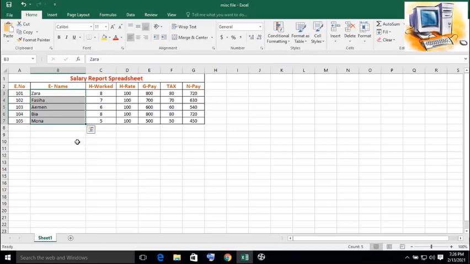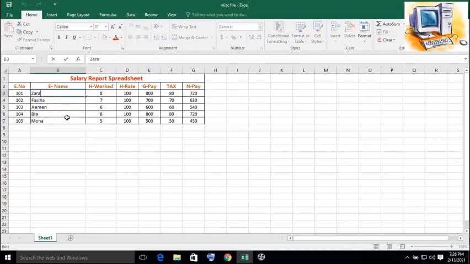The first thing that we studied is the font size. Currently the font size in which this data is entered is 11. Here I can see the font size is 11, so I can increase the font size for a single cell or for all the cells. It depends on whether I select only a single cell or multiple cells.